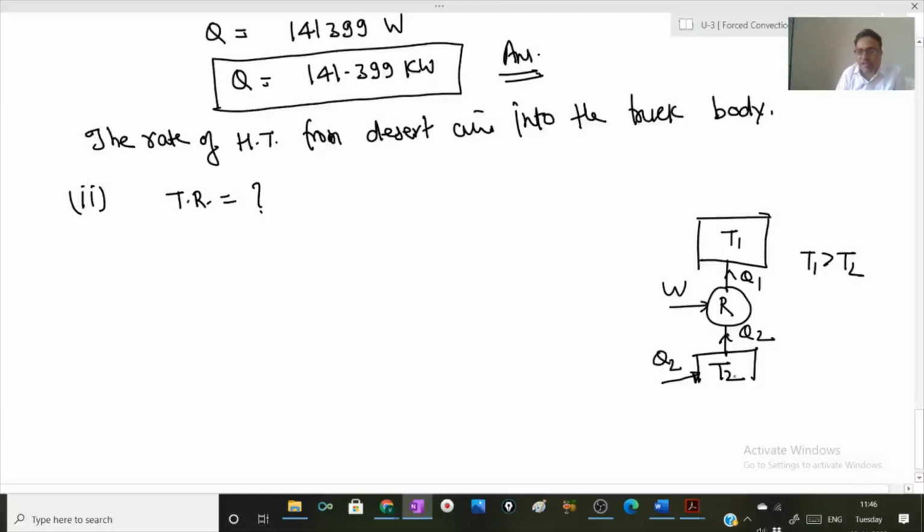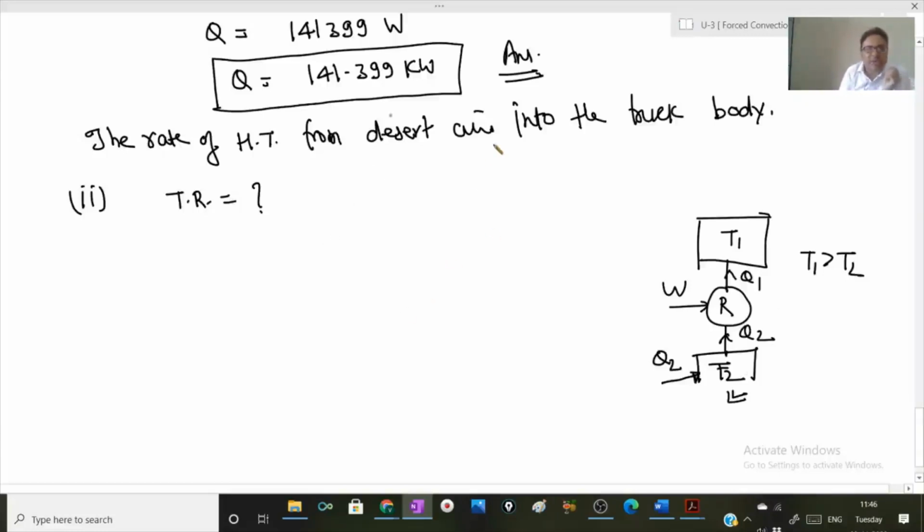When heat enters, the T2 temperature will also increase. Addition of heat will always increase the temperature. But you want this T2 to always remain at T2. So what is the solution? If you can remove the heat from this body at the same rate at which the heat is leaking into it, there will be no accumulation of heat and the temperature of the body will always be at T2. That is the working of a refrigerator.